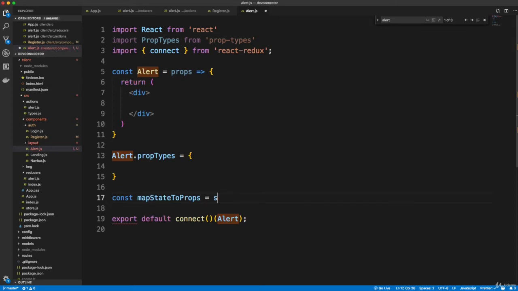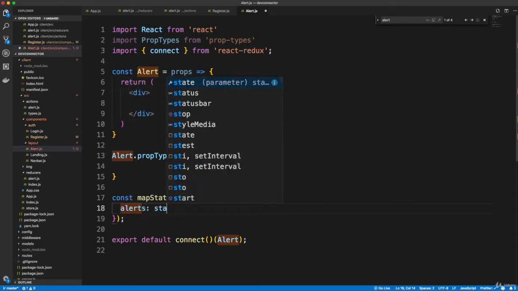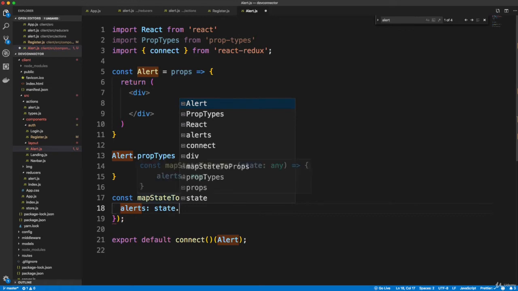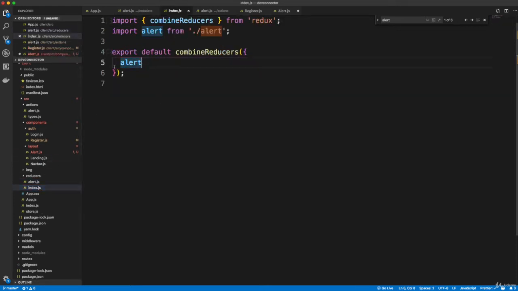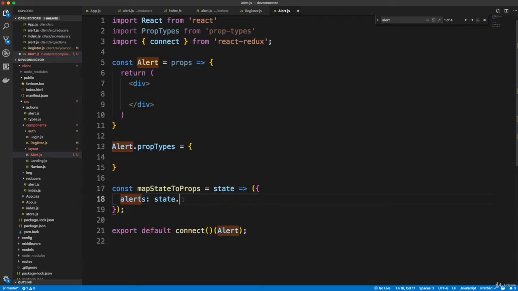So I'm going to use an arrow function. This takes in state as a parameter, and then we want to set this to some parentheses with curly braces, and then whatever state we want, or whatever prop we want to call it, which is I'm going to call alerts, and then we can use state dot and then whatever we want from the root reducer. If we look at our root reducer, which is index, we have alert. That's the only reducer we have. So to get the state inside of alert, we want to just say state.alert. Okay, so now we'll have